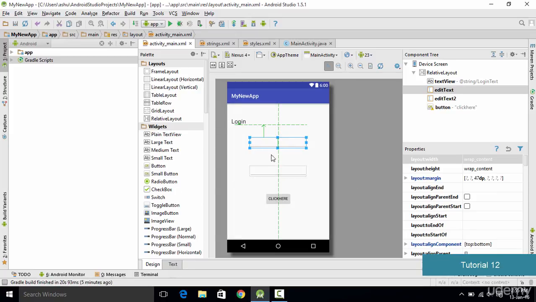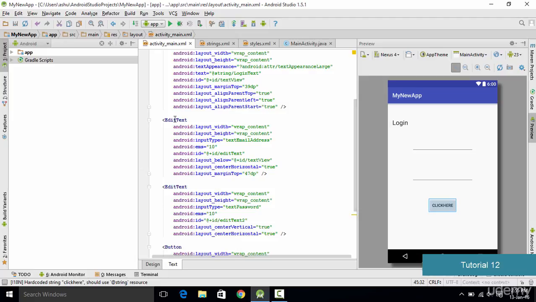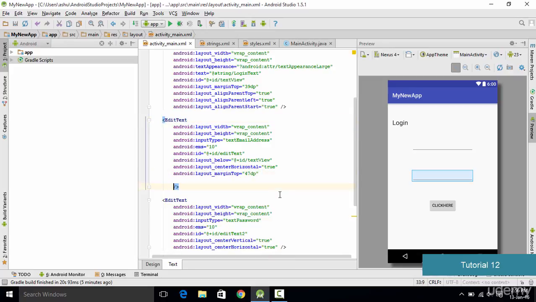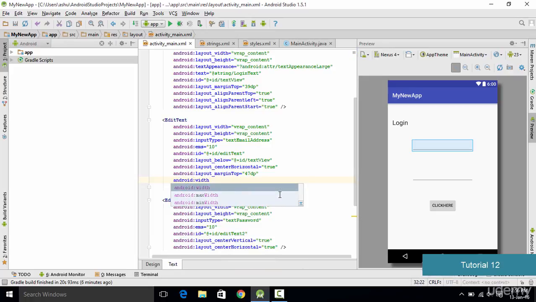So let's attempt to change the size of these two text areas by using the XML file. So when we go in our XML file, you'll notice that we have two text areas. So this edit text is basically for the email. So when you click on it, it is going to highlight your text area. So now in order to increase the size of this text area, we are going to type some simple code. So as you could see, the width of your text area is not yet mentioned here. So we go into this edit text tag and we simply type in